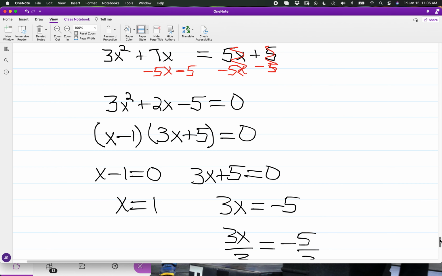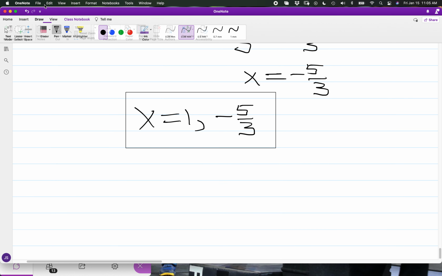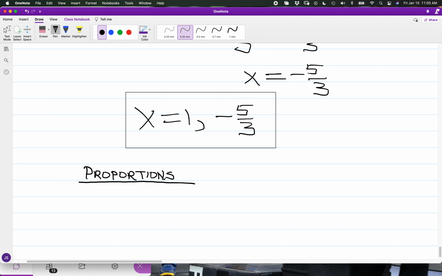Okay, and this will be a much simpler process than what we just encountered. In the case of proportions, you would have a statement of equality between ratios. If A over B is equal to C over D,